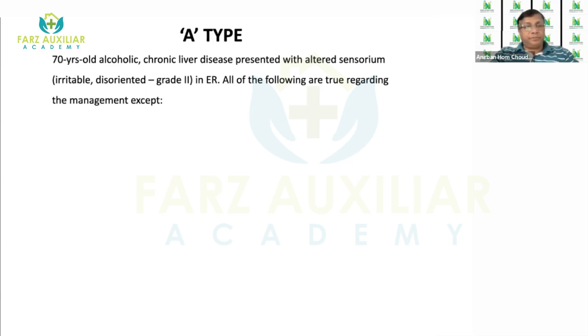Next question. A 70 year old alcoholic with chronic liver disease presented with altered sensorium, irritable and disoriented, grade 2, in the emergency room. All of the following are true regarding the management of this patient, except. The choices are: